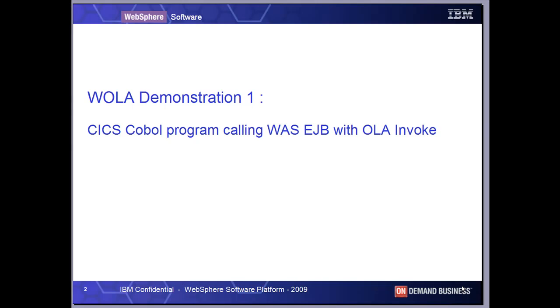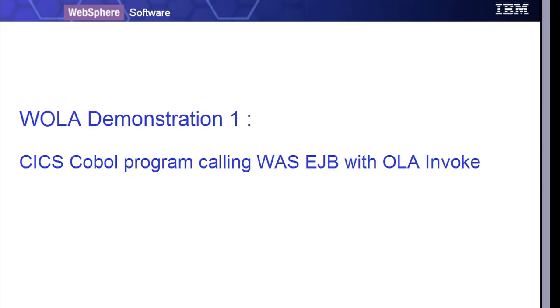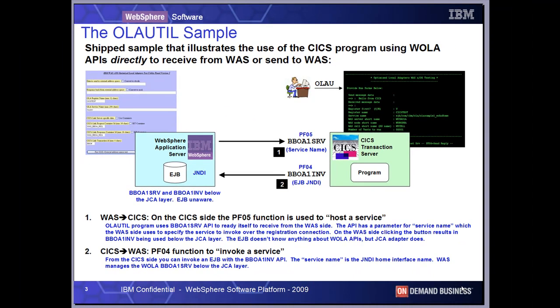This is WOLA Demonstration 1, a CICS COBOL program calling a WAS EJB using WOLA Invoke. For this, we're going to use the WOLA util sample, which ships with the WOLA support in the samples directory. The portion of this we're going to use is the CICS screen map portion that runs under the transaction code